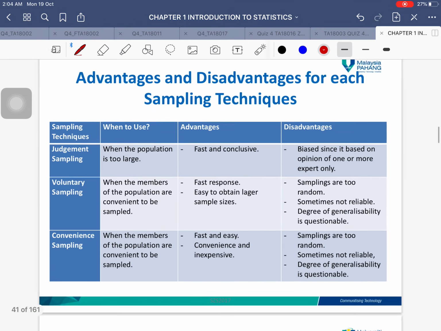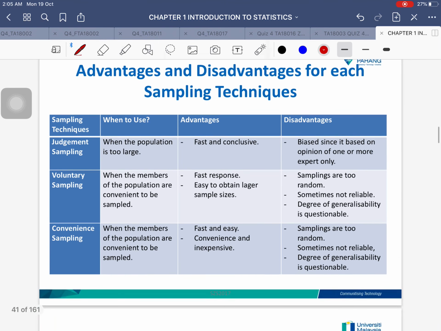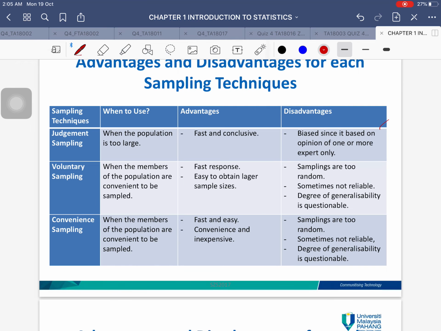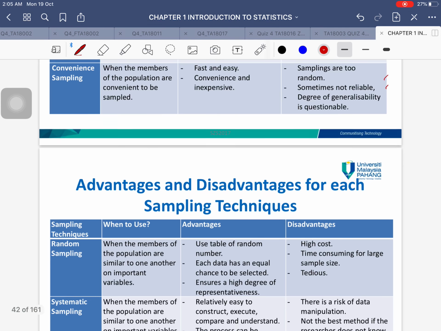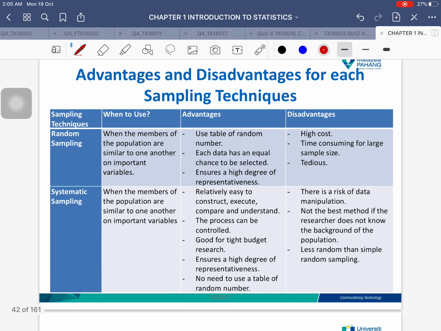So there are, of course, pros and cons for each sampling technique. One thing would be good for this one, another thing would be bad for that one. Anything that is easy and convenient would be sort of biased, and you want to avoid that. So it's up to you how you are going to pick. So please read all of this. It's a good way for you to figure out which one is better for you when you do statistical problem solving. And these are going to be the advantages